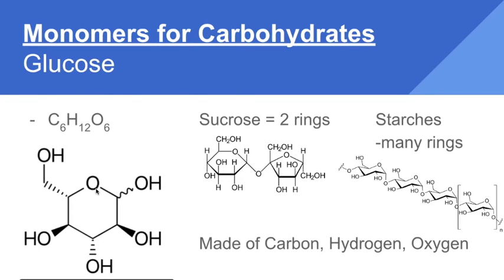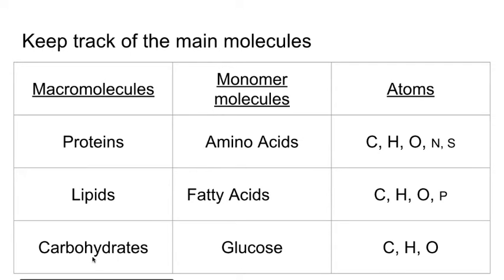One glucose molecule is a carbohydrate, but if you link together 2 glucose molecules, you get a different carbohydrate called sucrose. If you start linking up more and more glucose rings, you get a molecule called a starch. And if you link up a whole bunch of starches together, then you get fiber or cellulose. And sugars, like the previous molecules, are made of carbon, hydrogen, and oxygen. So to review, carbohydrates are made up of the monomer glucose, and glucose is made up of carbon, hydrogen, and